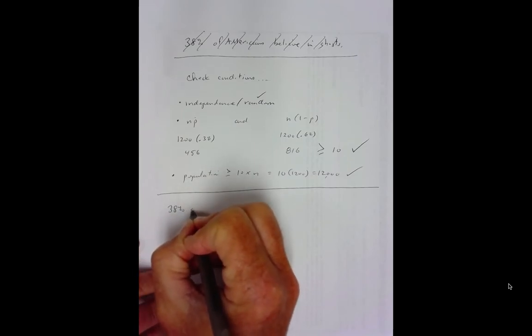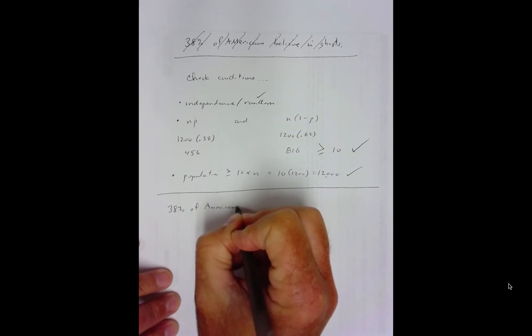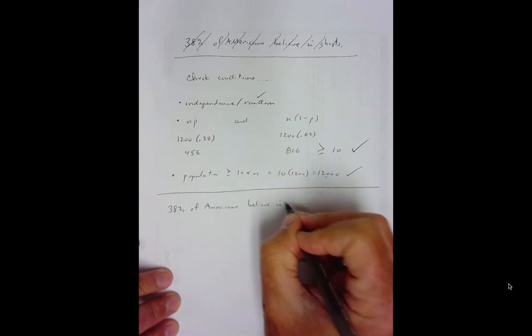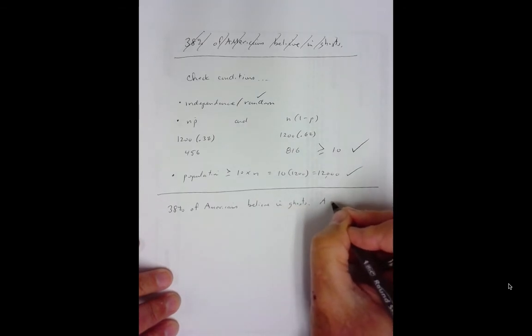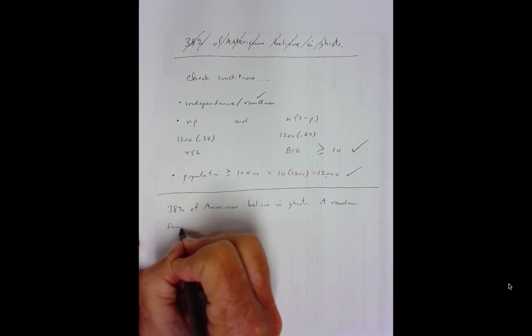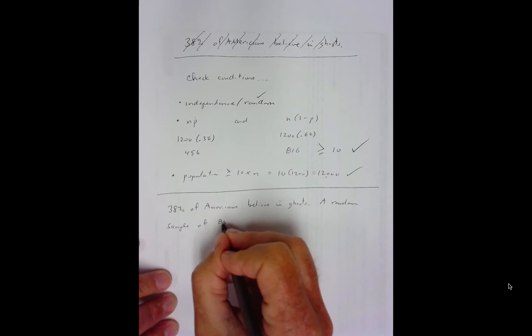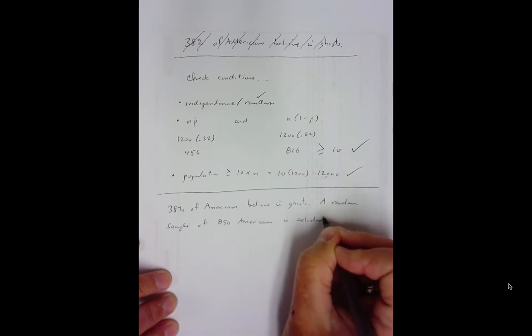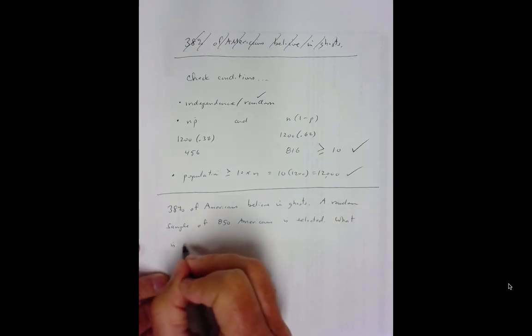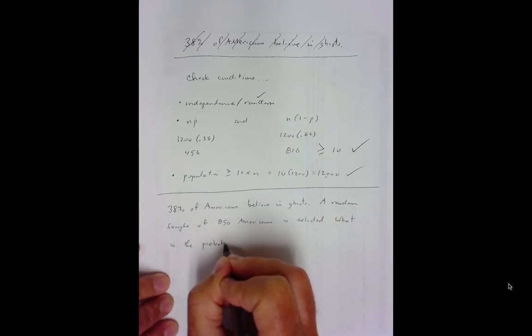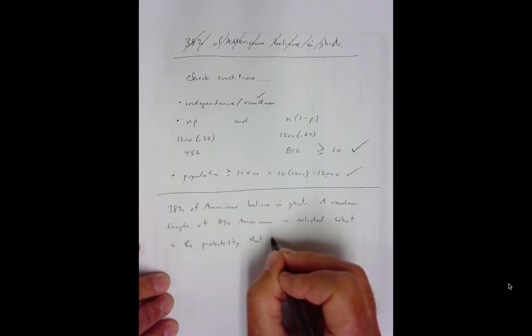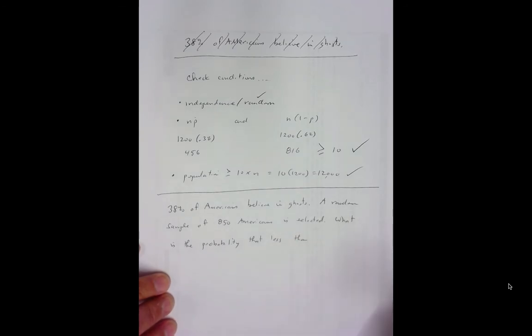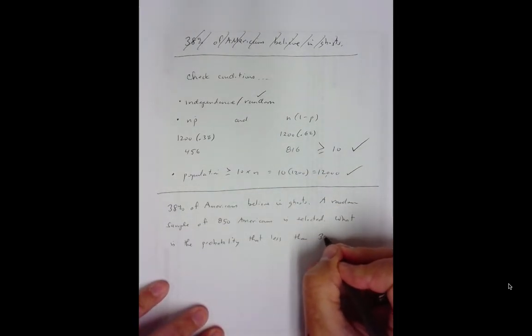Now, let's go on to a similar problem. So, 38% of Americans believe in ghosts. A random sample of 850 Americans is selected. What is the probability that less than, hold on, I want to calculate something here real quick. Less than 300